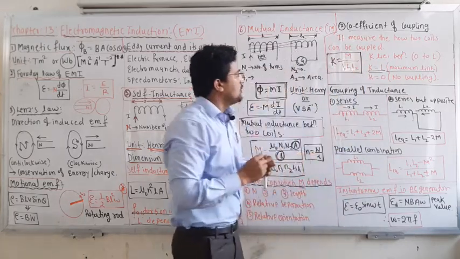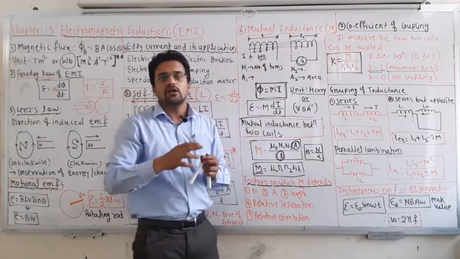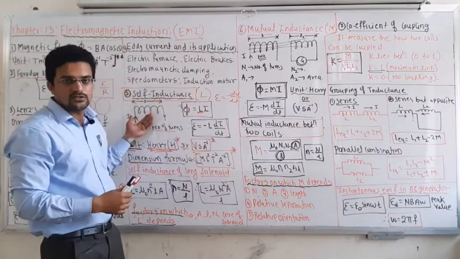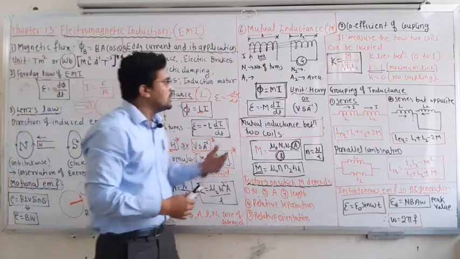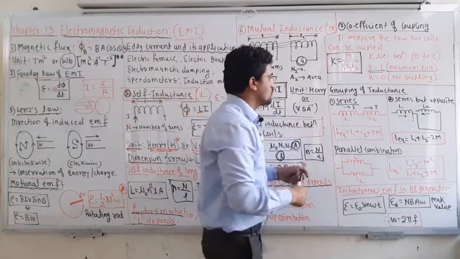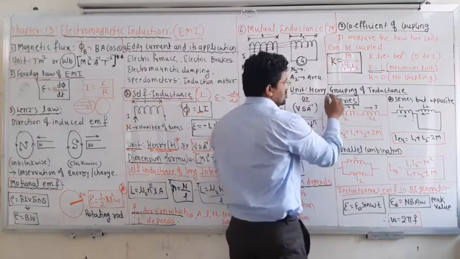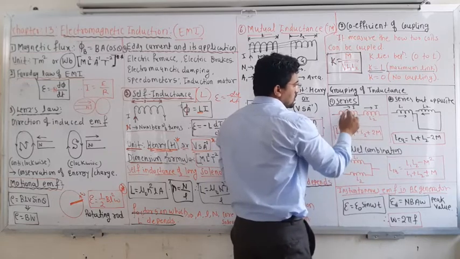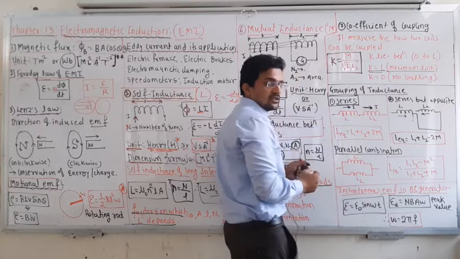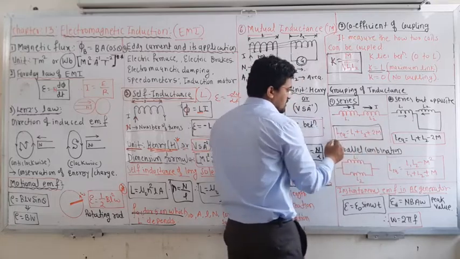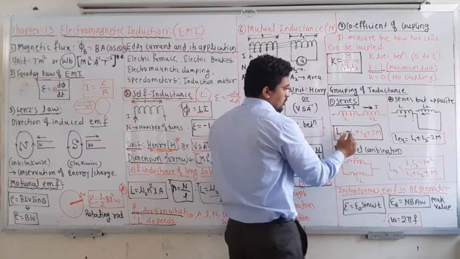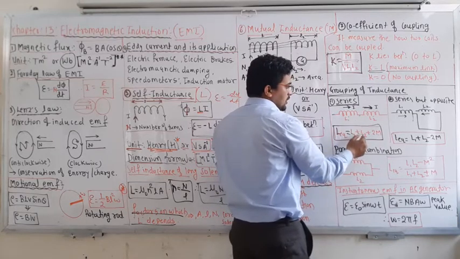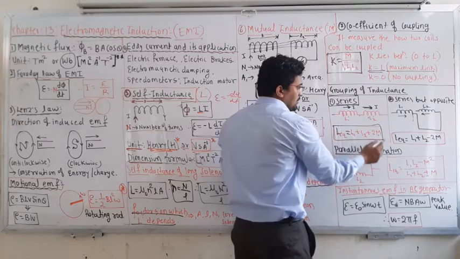Okay, so remember this equation, the coefficient of coupling. And then, unlike resistors that can be connected in series and parallel, the same way self inductance can also be connected, this is nothing but a device which produces the magnetic field. It is also connected in series and parallel. First we will see how it is connected in series combination. Series combination means one inductance and then another inductance, the current is the same in both. So L equivalent, that means net inductance, is given by L1 plus L2 plus 2M, where L1 is the self inductance of the first coil, L2 is the self inductance of the second coil,